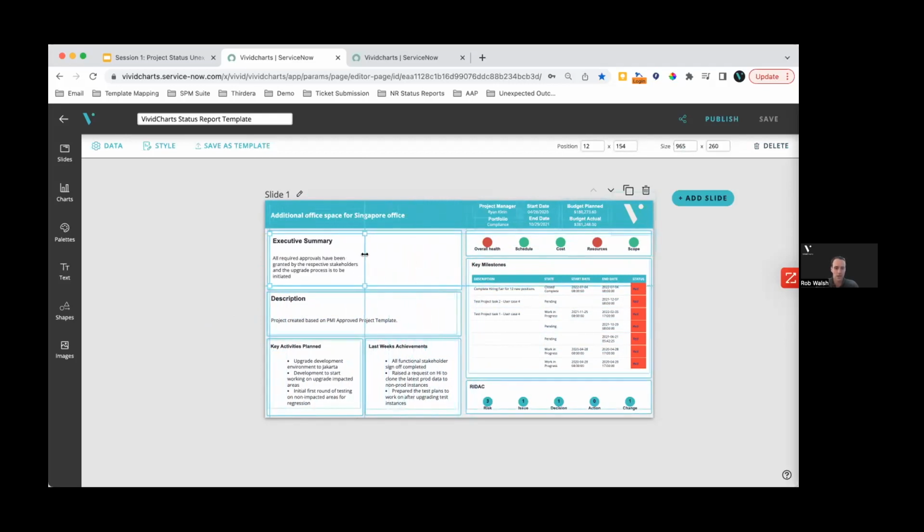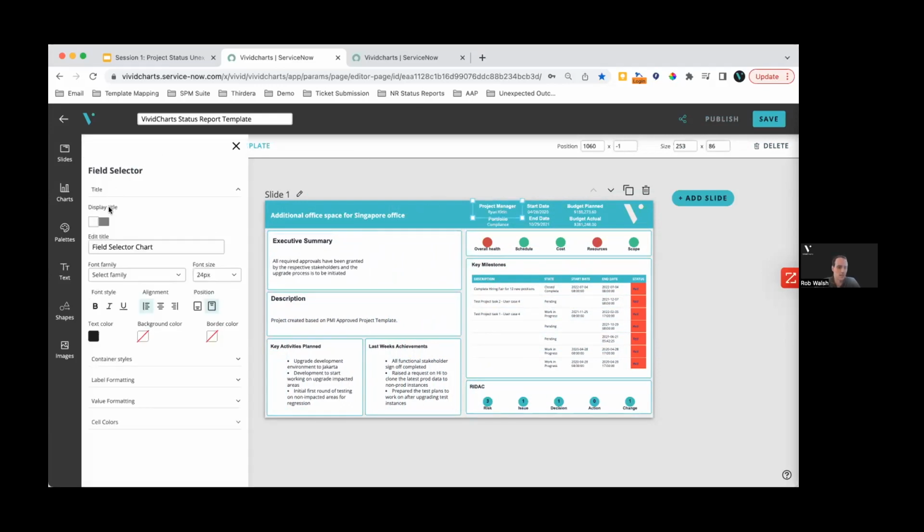We can resize in a format that is very, very similar to PowerPoint. So I'm a user who has no technical expertise whatsoever. I can come in and update this template with ease, right? So a lot of control over the layout as well as the sizing of everything. But what we can also do is control the aesthetics. So if I just come up here and select this project manager chart, I can do a number of different